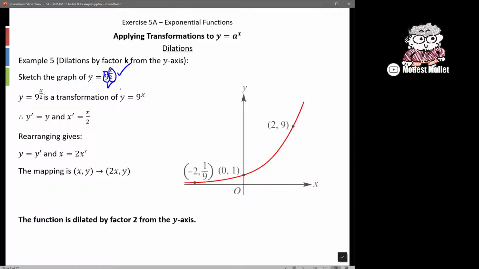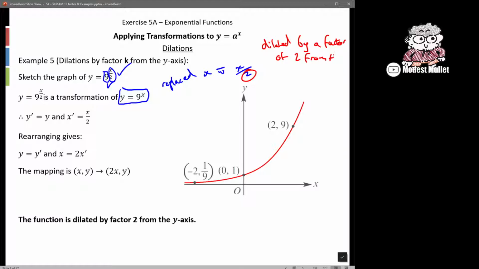So we can see straight away the most basic form of that graph would be y equals 9 to the x, and we have just replaced x with x on 2. So we can quite clearly see our dilation factor is the 2. So we have dilated by a factor of 2 from the... Now, if we're changing the x-coordinates, that means if I again draw this graph in the